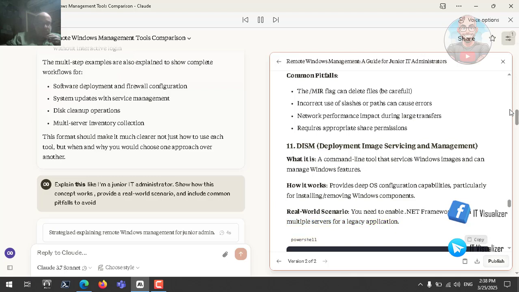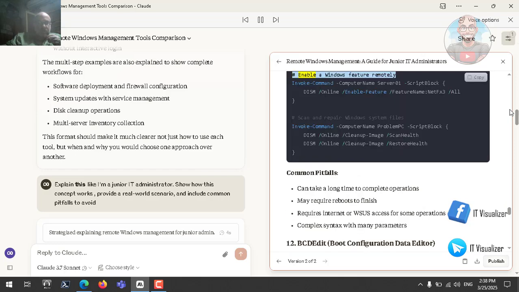PowerShell. Copy. # Enable a Windows feature remotely: Invoke-Command -ComputerName server01 -ScriptBlock { dism /online /enable-feature /featurename:netfx3 /all }. # Scan and repair Windows system files: Invoke-Command -ComputerName problemPC -ScriptBlock { dism /online /cleanup-image /scanhealth; dism /online /cleanup-image /restorehealth }